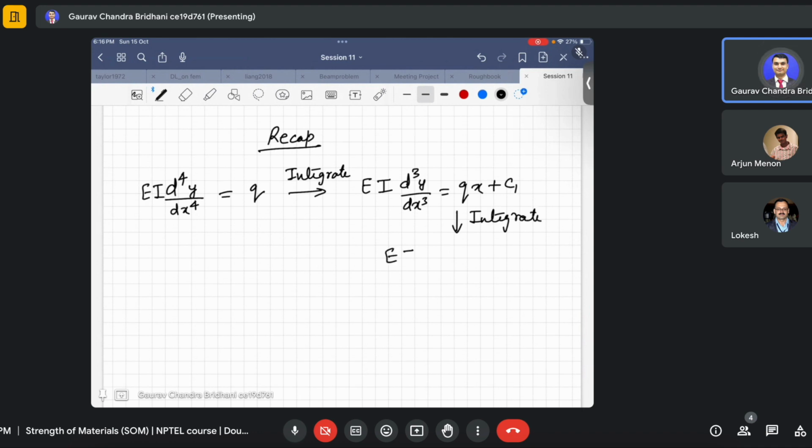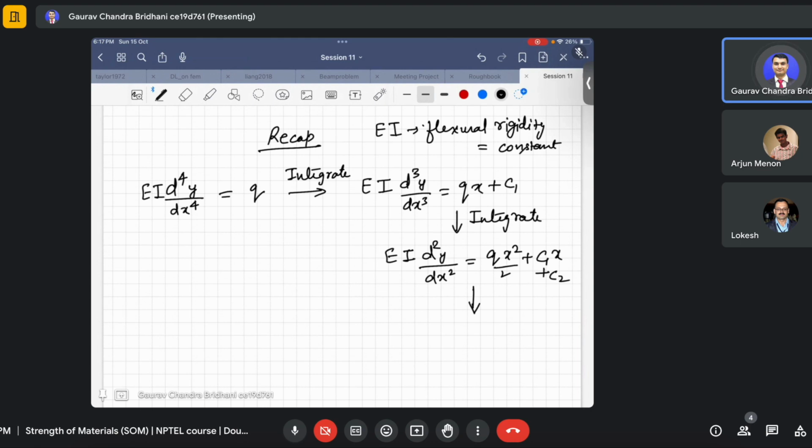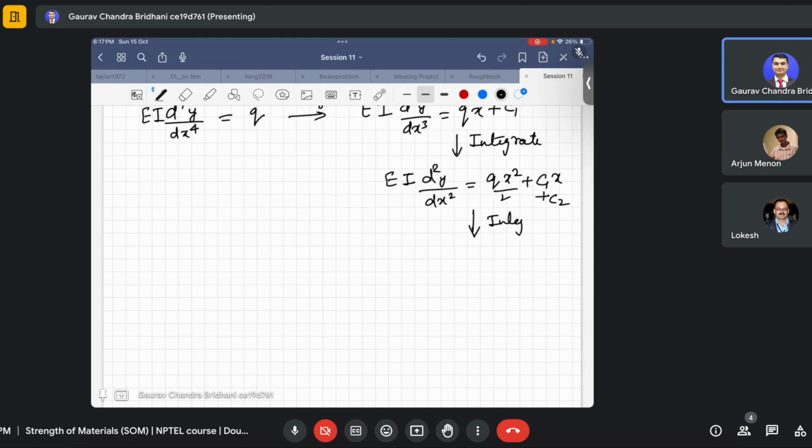EI, which is also known as flexural rigidity, is held constant, because I am not integrating it, I'm keeping it outside the integration. So the rigidity is constant. Then EI d²y/dx² equals qx²/2 plus c1x plus c2. Then we integrate once more, so we get EI dy/dx equals qx³/6 plus c1x²/2 plus c2x plus c3, and